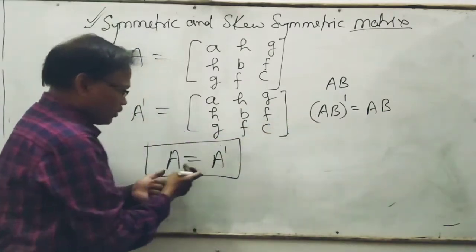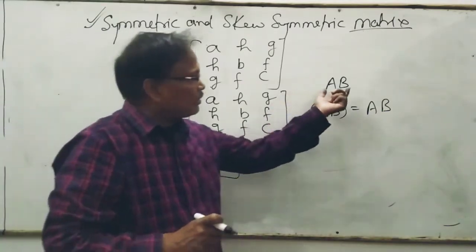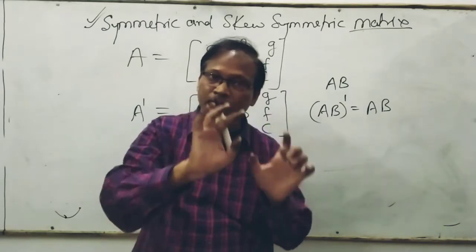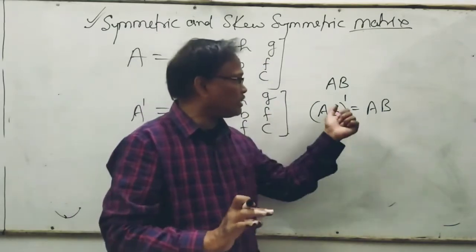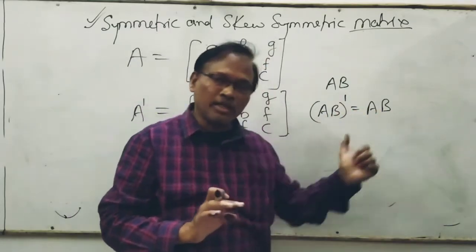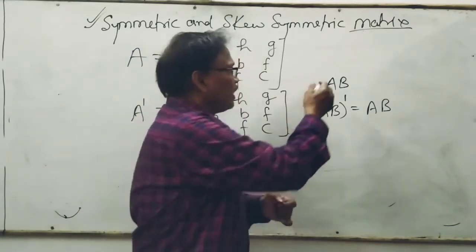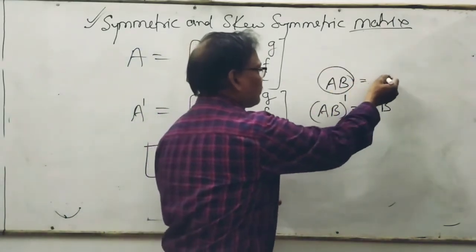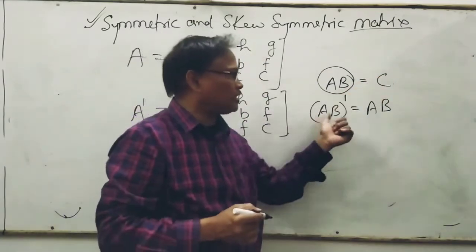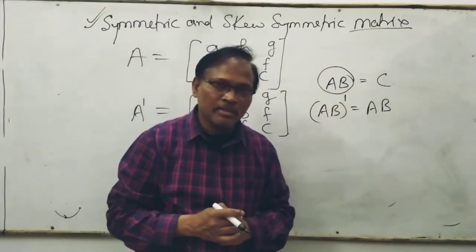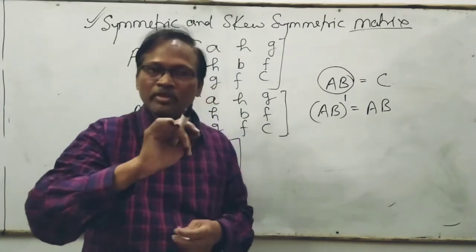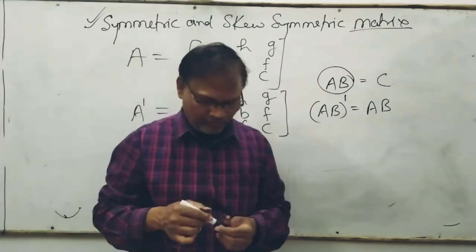Means according to the property of this. If AB is a matrix and it is symmetric, it means that its transpose is also equal to AB. क्योंकि उसका transpose AB के same matrix के होना चाहिए. अगर हम A dot B को एक matrix C मान लें तो C dash is equal to C. So this is the way to do the question in the exercise.